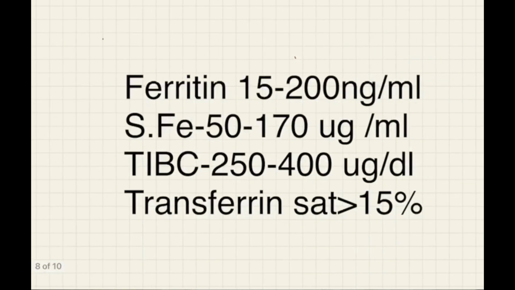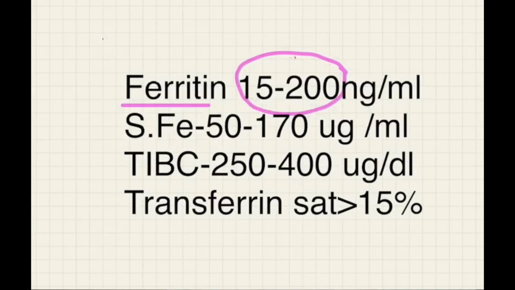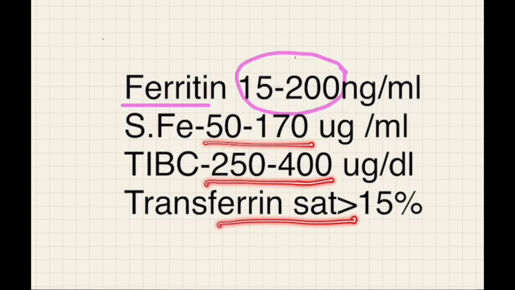So we will do the iron studies. The first is ferritin. Ferritin normally is 15 to 200. Less than 15, you can definitely say that the patient's storage iron is low. But again, remember ferritin is an acute phase reactant, so it can be elevated in chronic inflammation. Then you check the serum iron, which is normally 50 to 170 micrograms. And then you go for the total iron binding capacity, normal 250 to 400 micrograms. Then the transferrin saturation. In iron deficiency, the saturation will be less than 15%. The iron binding capacity will be increased because a smaller amount of iron is attached to